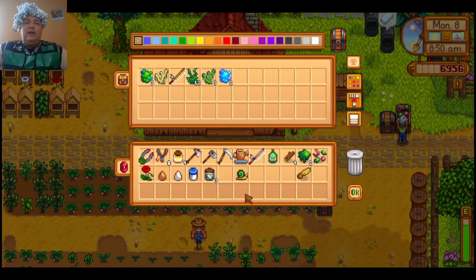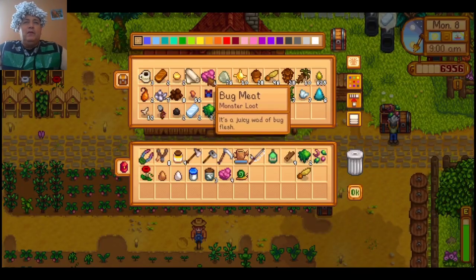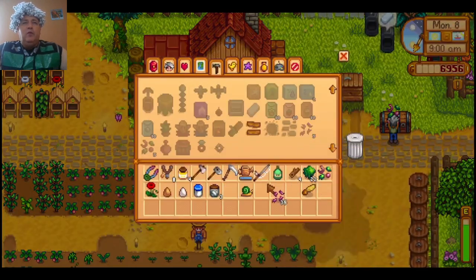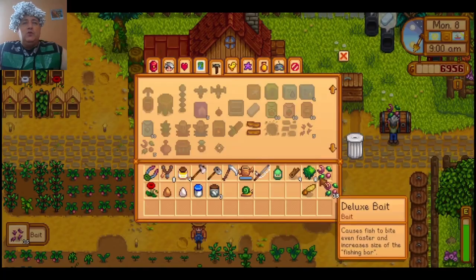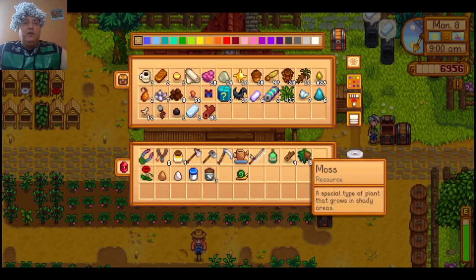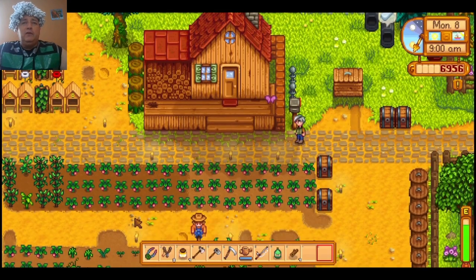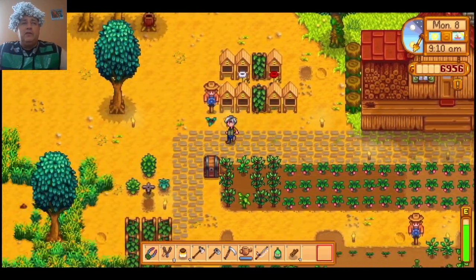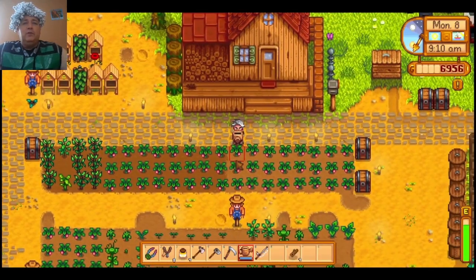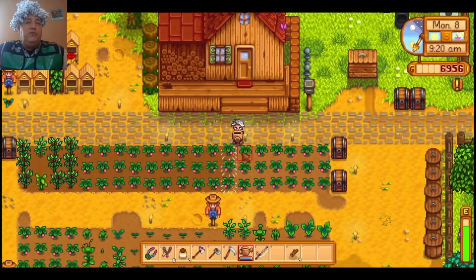We do have, I kept that oak sap, or whatever they would call it. We have to put that back. So we are also converting all of our bait. We now have only quality bait or deluxe bait in our fishing setup. We just put oak resin, or whatever, and we'll just finish